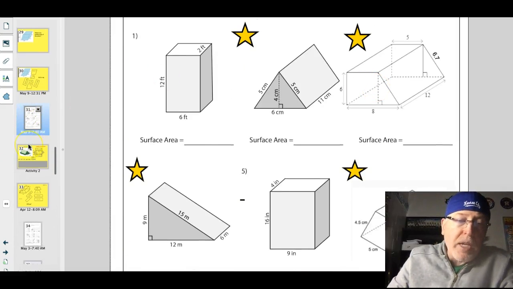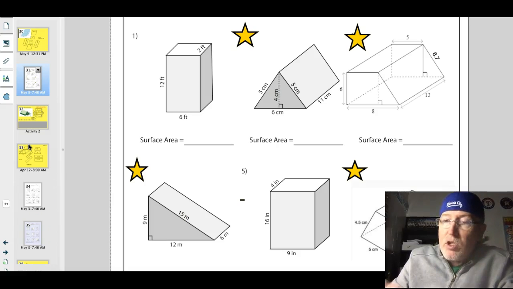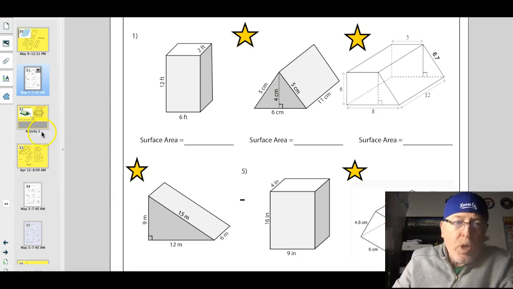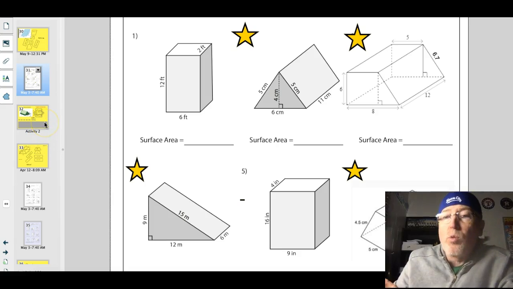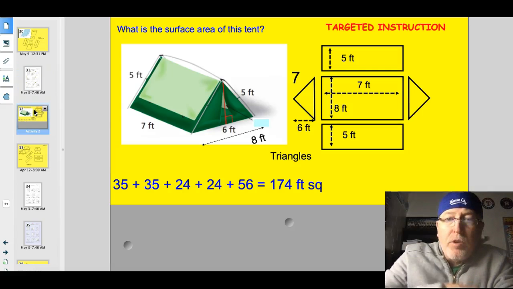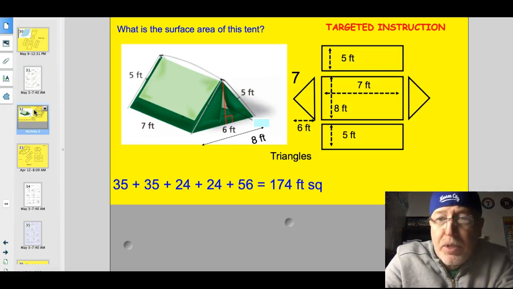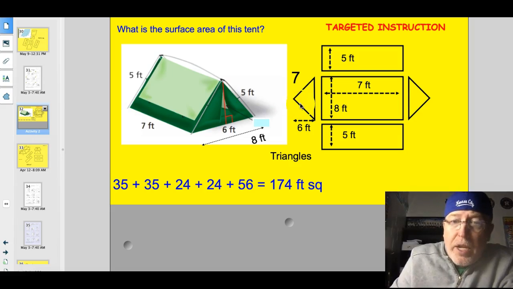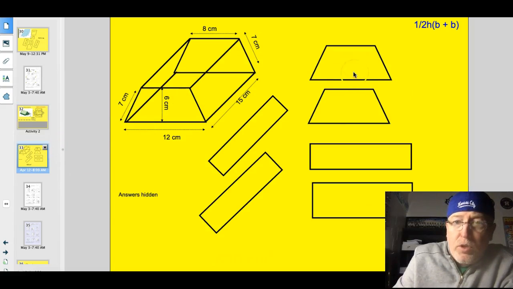To help you think about how this is going to be, and again, these are all in Schoology activities, so you'll have 5 attempts to try to do them. Let's just take a look. Once again, those of you who are ready to go ahead, shut it off and start. But here's what a triangular prism is going to have. It's going to have 2 triangular bases, and it's going to have 3 rectangles. A trapezoidal prism is going to have 2 rectangular bases, and then it's going to have